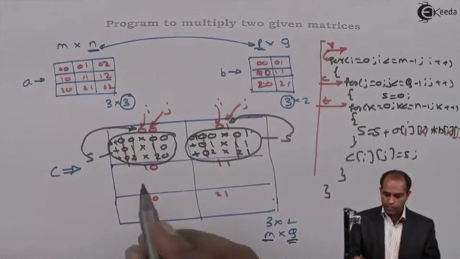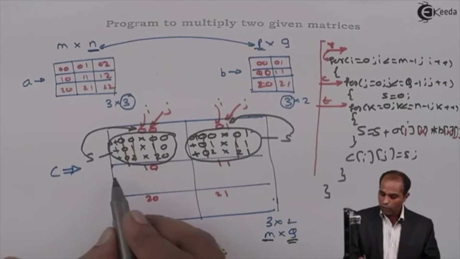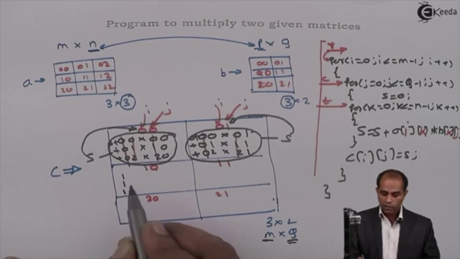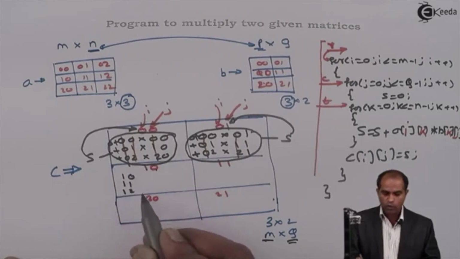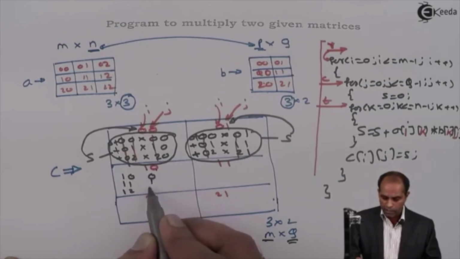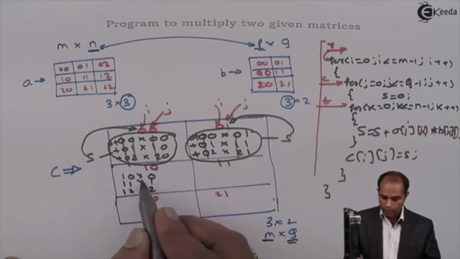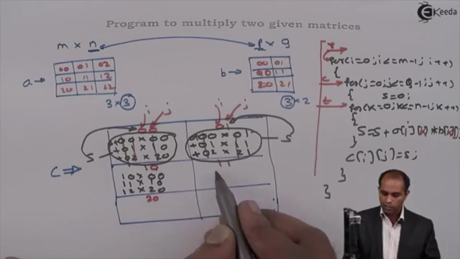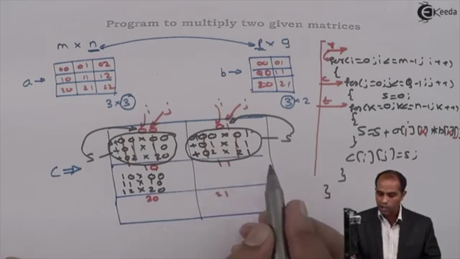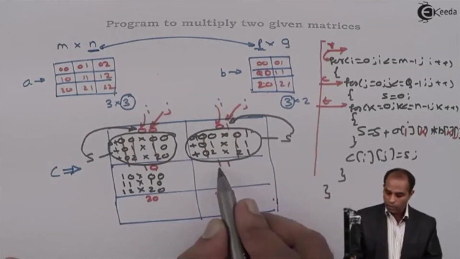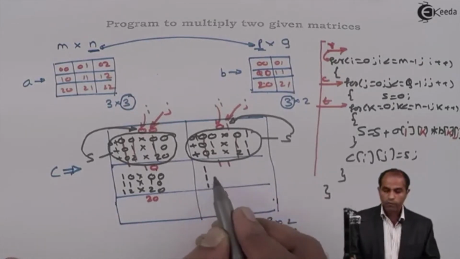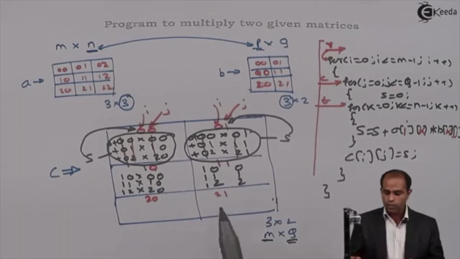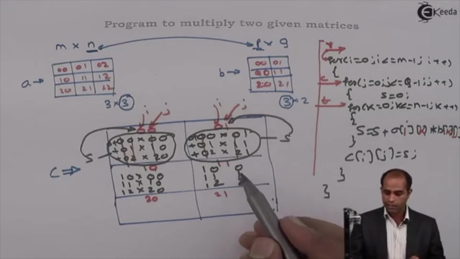So the first index of A, this is I and this is J. The first index of A is always I: 1, 1, 1. The second index is K, which changes 0, 1, 2. The B first index is changing 0, 1, 2. Multiply this, and then J is 0, 0, 0. Similarly at this place, I'm not using these matrices, I'm just using the Ik, Kj logic to display. So I is 1, 1, 1. K is 0, 1, 2. So using the Ik, Kj logic, let's write these indexes.